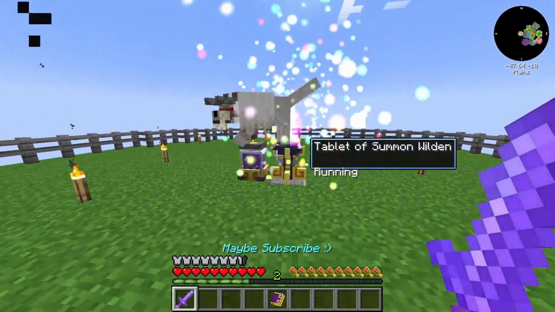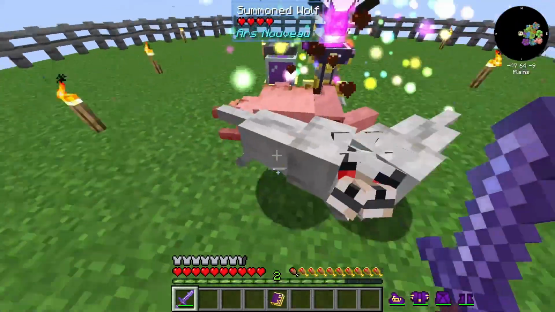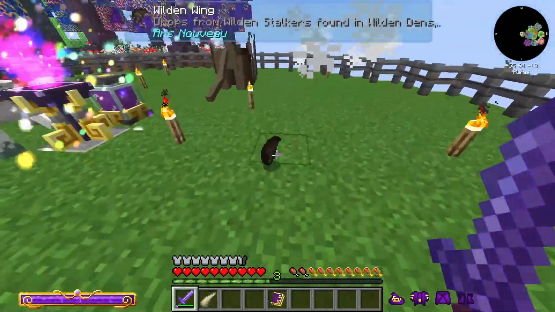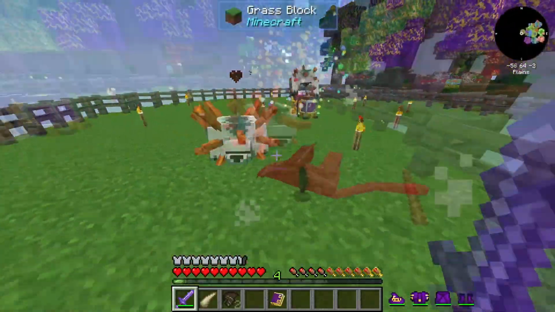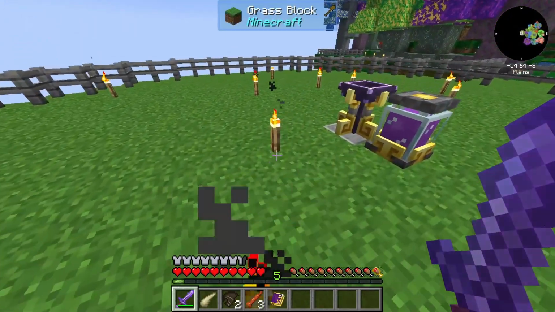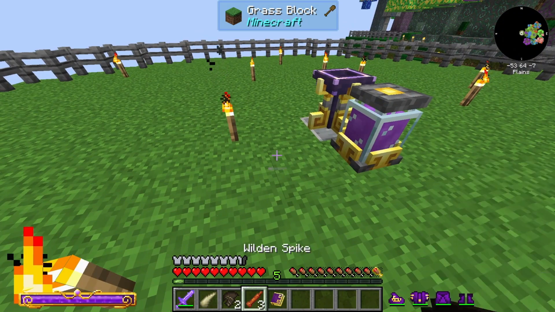Once you activate it, 6 random Wildens will spawn. And there's the Wilden Stalker we need. And there's another. And there you go. And from that, we were able to get 1 Wilden Horn, 2 Wilden Wings, and 3